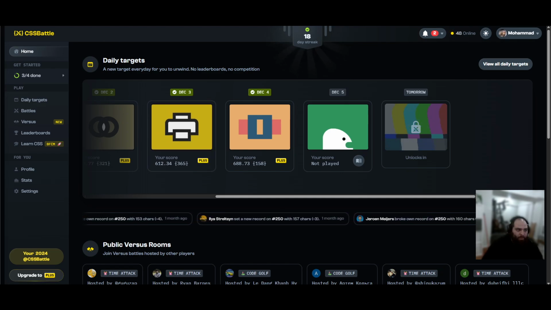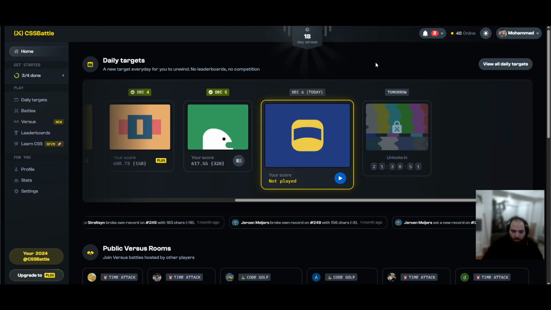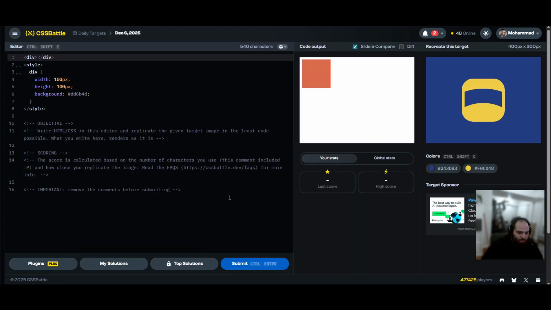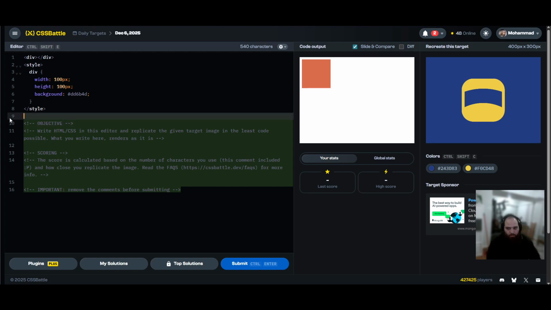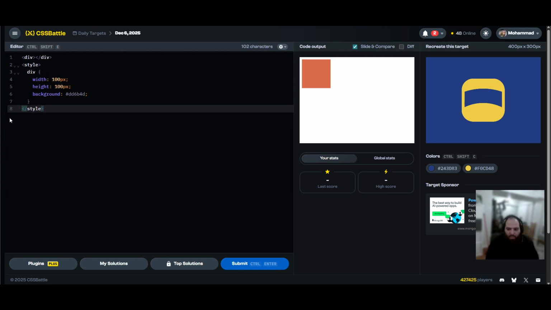Welcome. Let's see what we're working with here. Interesting little badge. It's like an app icon. Okay, that's going to be very interesting. I'm not sure exactly off the bat how I'm going to do this. Well, first and foremost, there's that rectangle with the rounded corners on the outside. It seems like there's a border. And then within that,